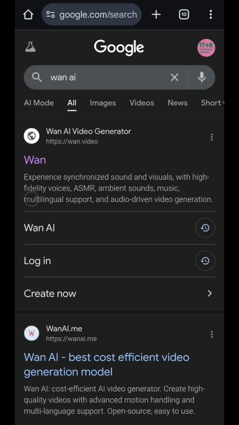In today's video, I'm going to show you how to swap characters in video using Wan AI. It's completely free, super easy, and all from your phone. Okay, let's get started. First, just open your browser like this, and then you can use Chrome or anything that